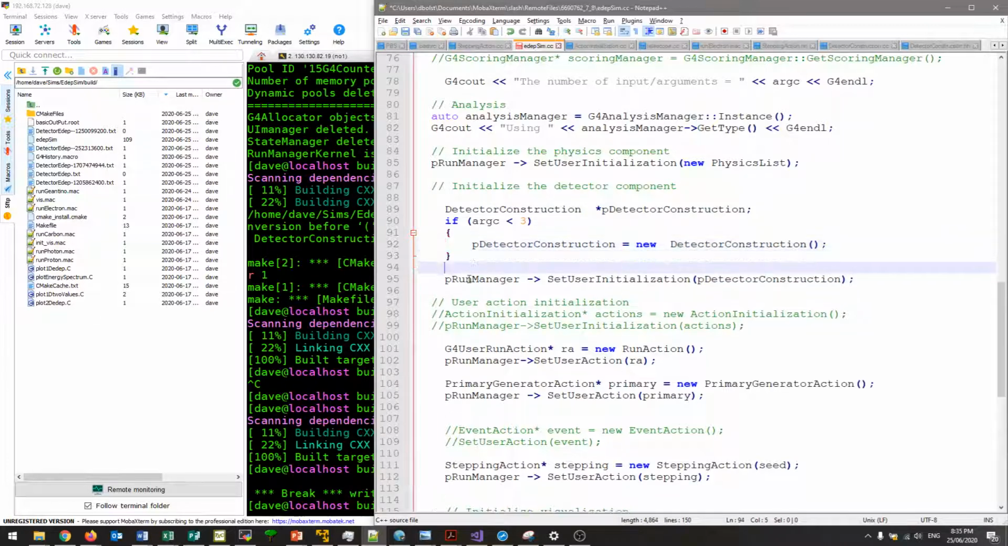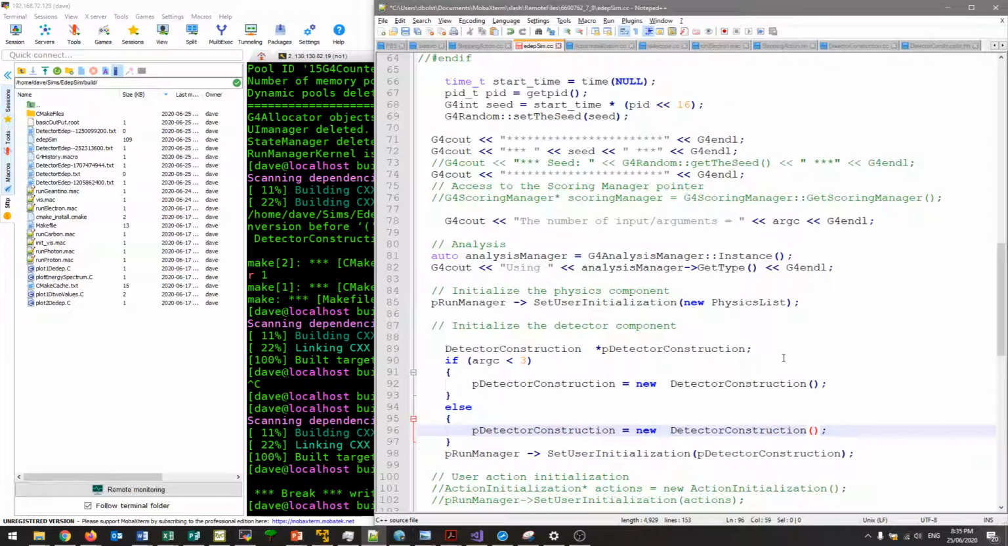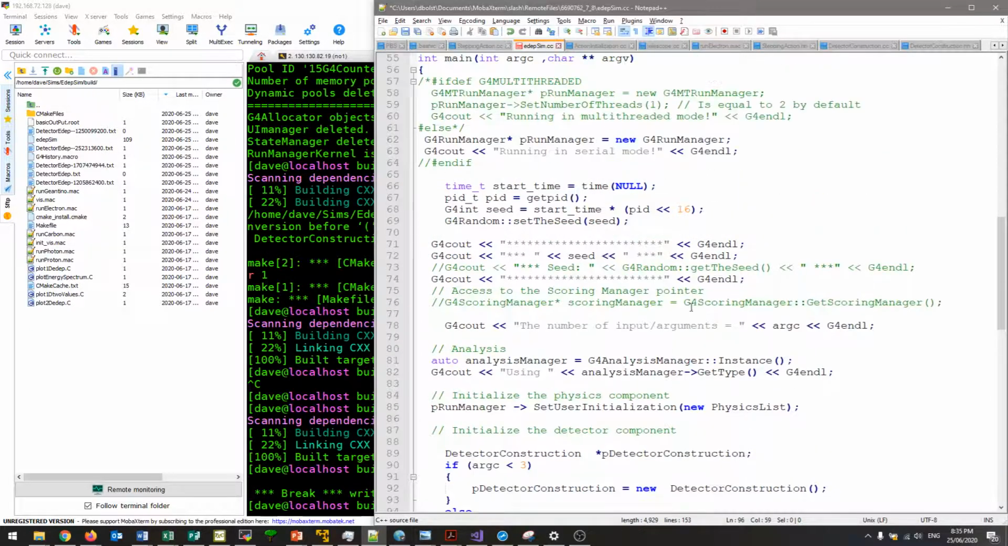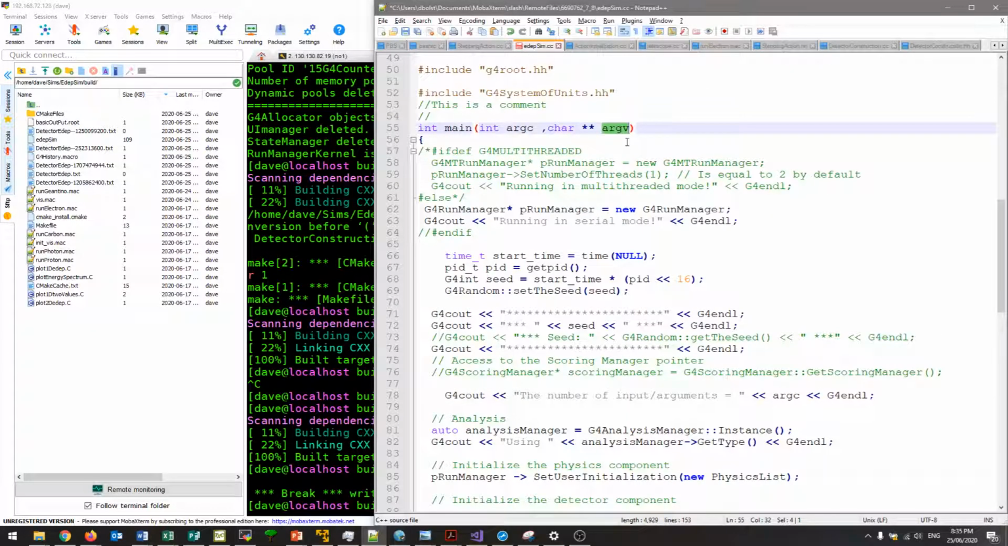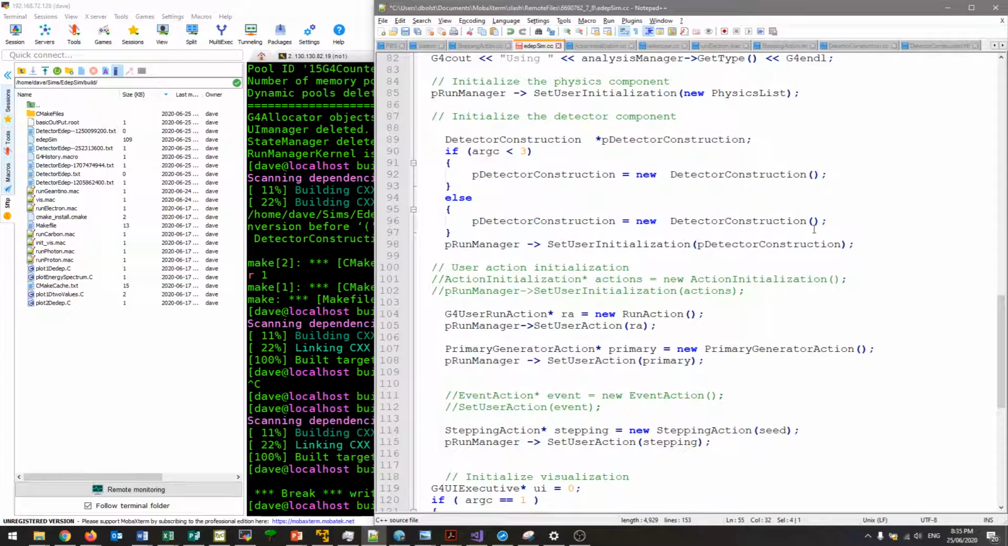Otherwise, we want to execute the overloaded one with the input. So this argument value is an array which holds all the values, and we want to access the third one, since